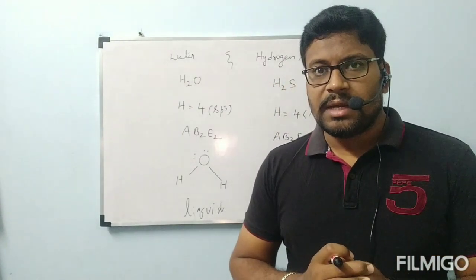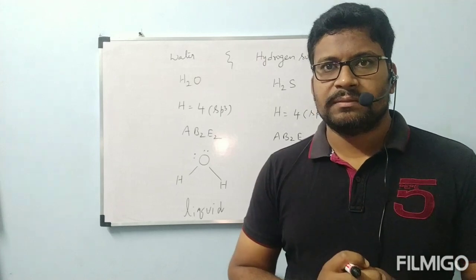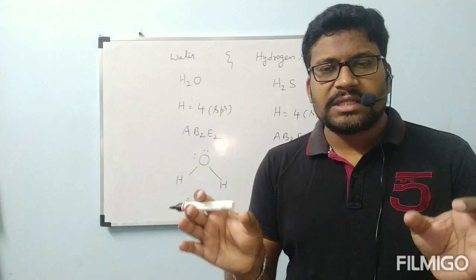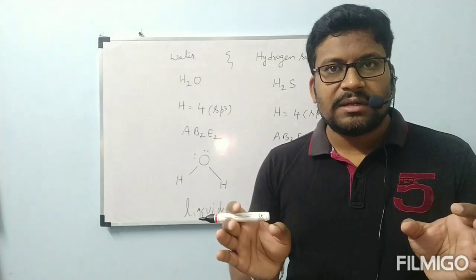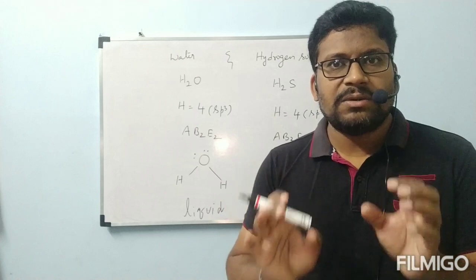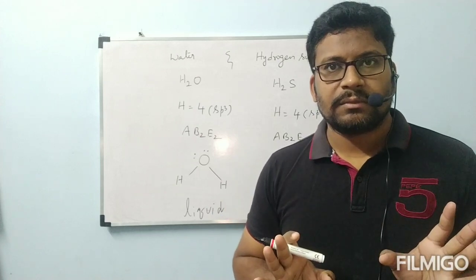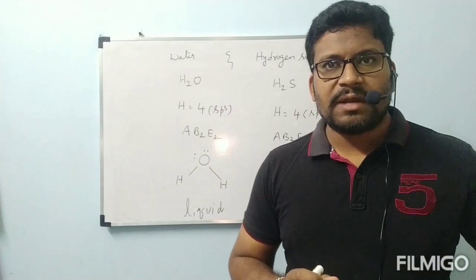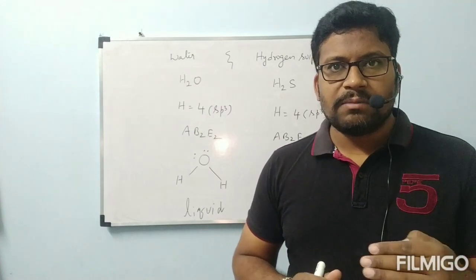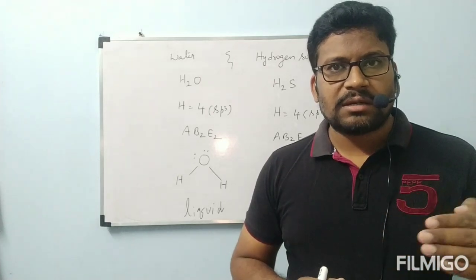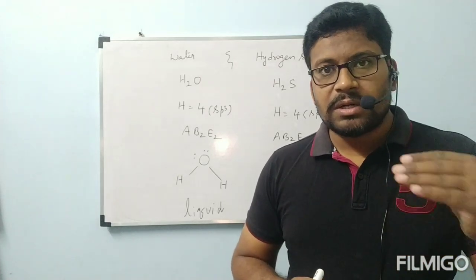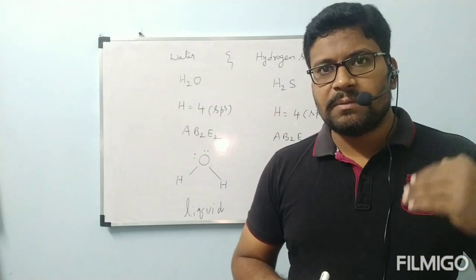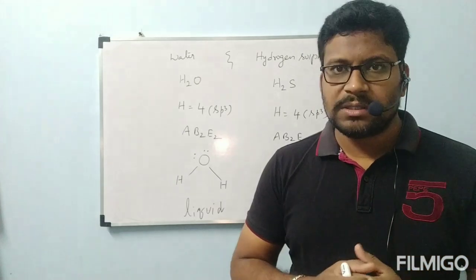What is that? It is an intermolecular force. Between one molecule and another molecule, we have this type of force. Scientists kept the name as hydrogen bond. That only. It is not a chemical bond. Ionic bond is formed by transfer of electrons from one atom to another atom. Covalent bond is formed by sharing of electrons between two atoms. Coordinate covalent bond is formed by sharing of two electrons, but the two electrons are contributed by one atom only. All these are chemical bonds.